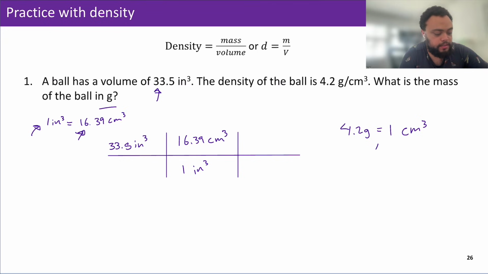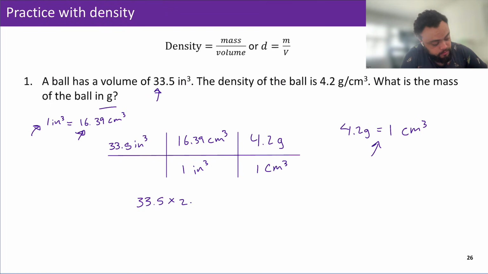So this is our next conversion factor. We need to cancel out units. So 1 cm³ goes on the bottom and 4.2 grams goes on top. We will then multiply the top, divide by the bottom multiplied. That's 33. Ooh, 33.5